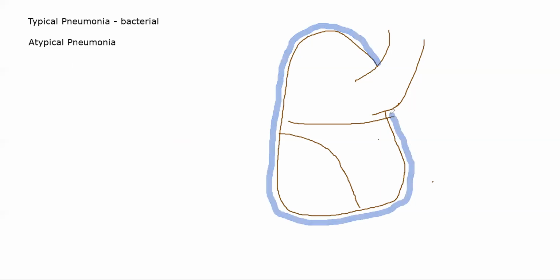Pleural effusion is a condition in which a lot of fluid will start building up in this space, because of which your lungs will not be able to expand completely and you will not be able to breathe properly. That is a pleural effusion. You will have to intervene and drain the fluid out. If you have worked in the respiratory ward, you must have seen patients with pleural effusion where a lot of fluid is building up, and you need to poke a syringe in and drain it out, right? Or the patient will not be able to breathe properly.